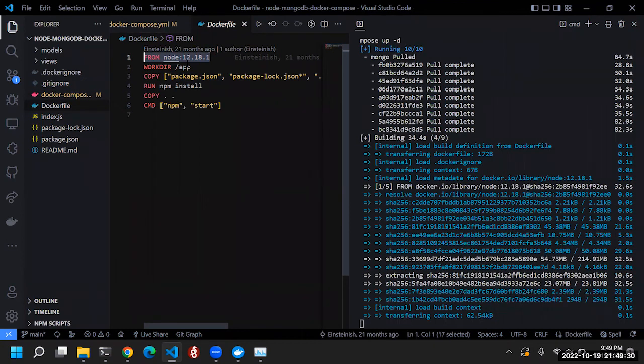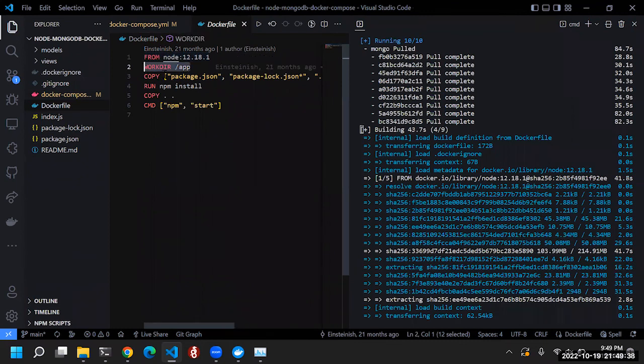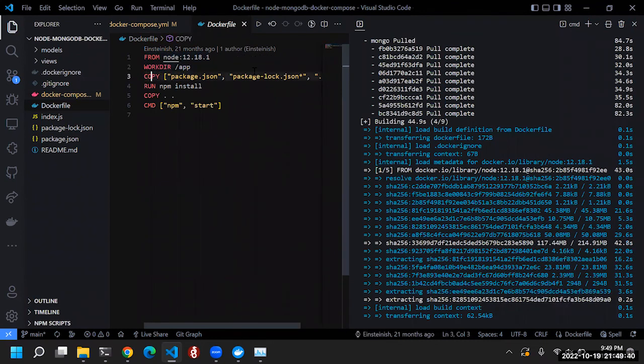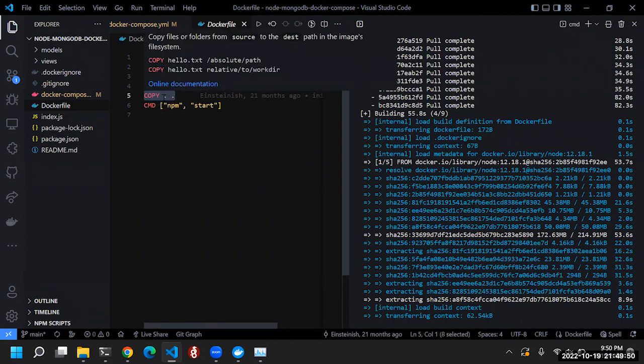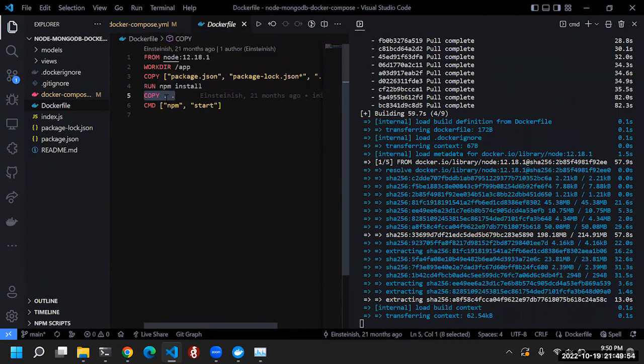And again, after it pulls this node image, it'll set the work directory to /app. It'll copy these files, and then it'll run npm install, which installs the dependencies based on package.json. Then it'll copy everything in our current directory